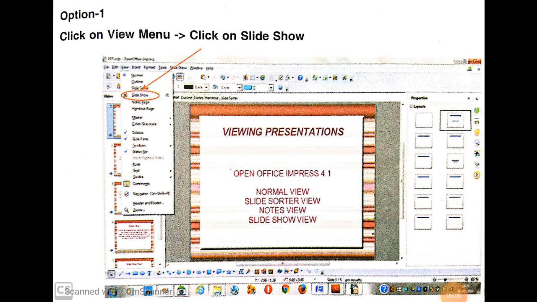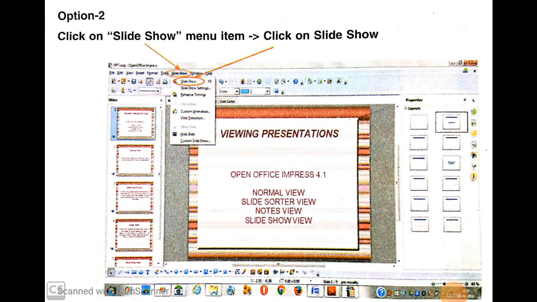It is the first option. Now the second option is: click on the Slideshow menu item and then click on Slideshow.